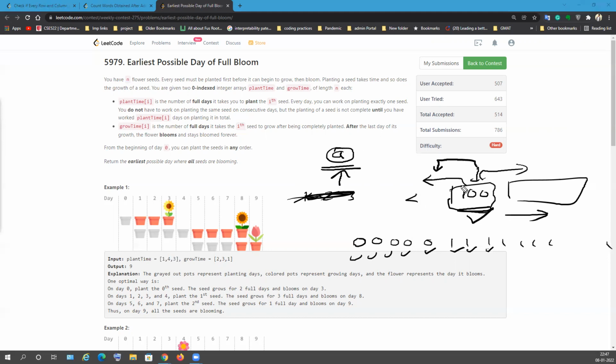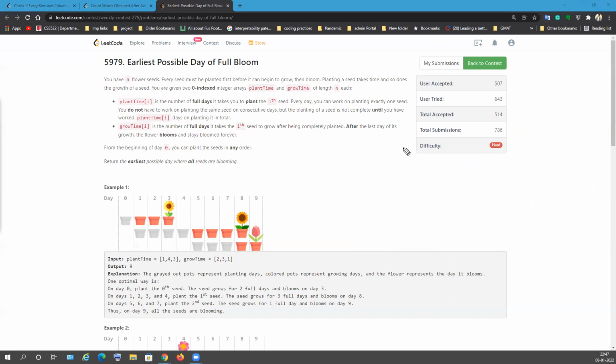So how do we check whether it's possible or not? That I will explain next. Let's assume 100 days as an answer. We have to check if it's possible or not. So how I thought, this is something like 100 days. Then this can be parallelized growth time, right? So assume it like this.